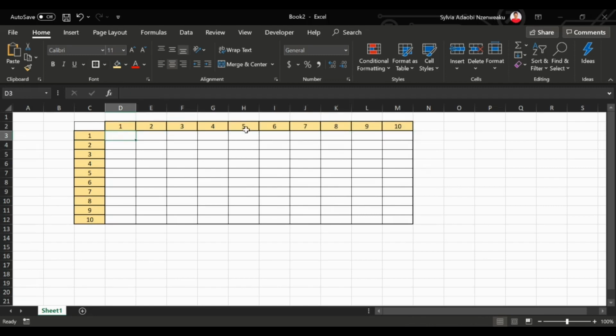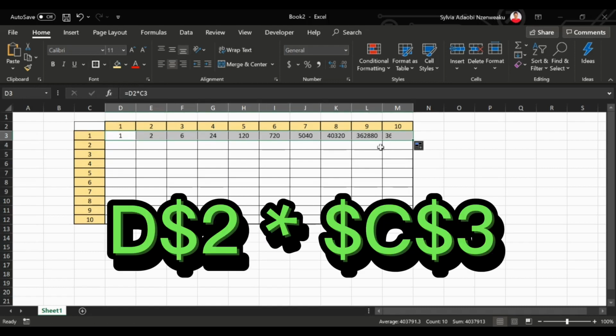So to do that, we're going to start with equal to. We select D2, which is what we want to multiply, times our C3, and click enter. But you notice that when you drag along, you also are going to get